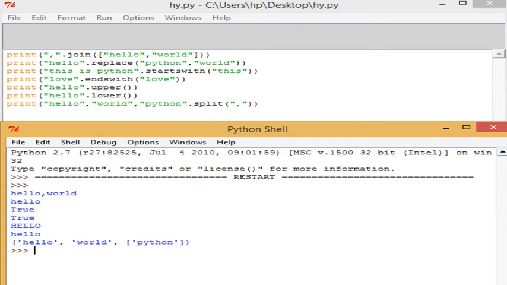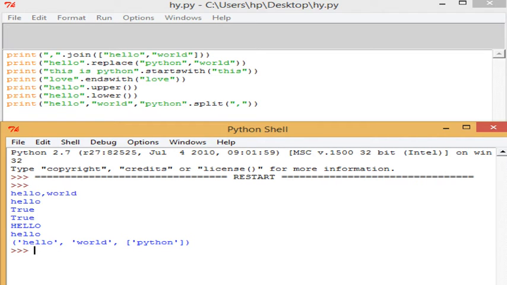The first function is the join function. As you can understand from the word join, it means to combine two strings together to make one single string. Here we have hello and world, and then we use join. You can see the output is converted to hello world. Next we have a print statement in which I have used replace, so that I write hello in place of Python and world. Wherever Python and world are written, it will be replaced with hello.